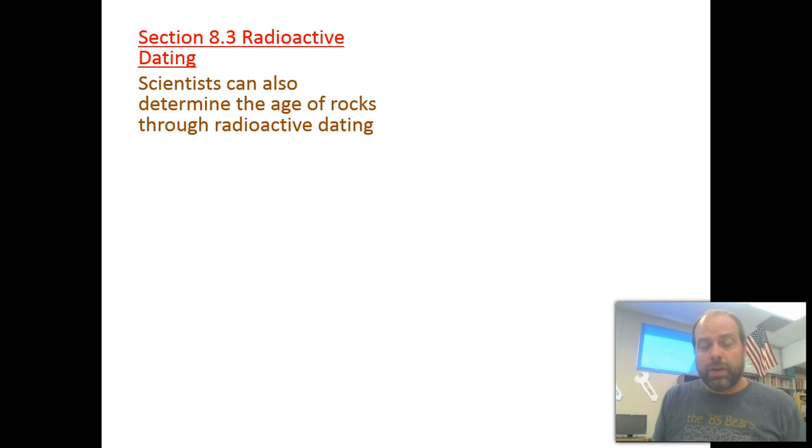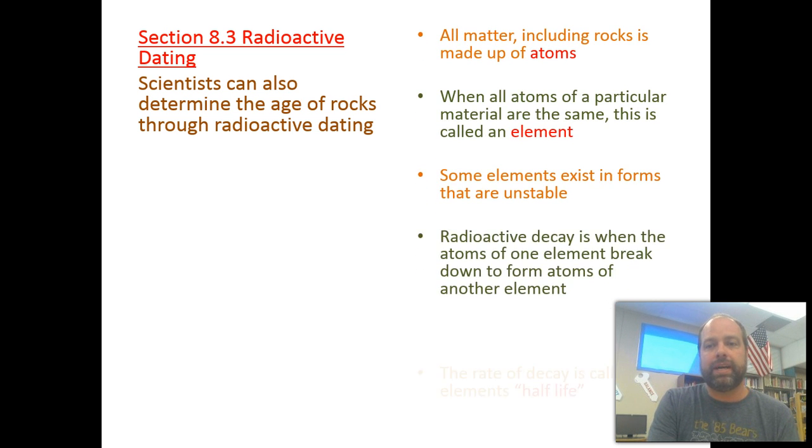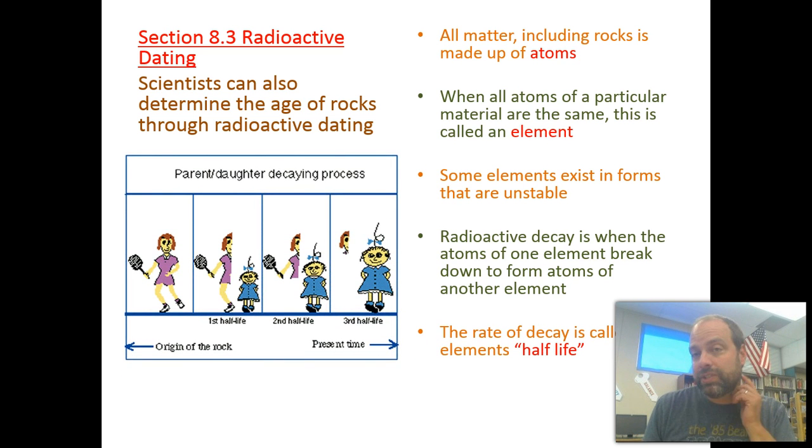So now that you learned about relative dating, we're going to figure out how to get the exact age of a rock. And to do this, we use radioactive dating. And as the name suggests, radioactive dating entails radiation, which is chemistry. So I'm going to try to do a little chemistry unit as quickly as I can